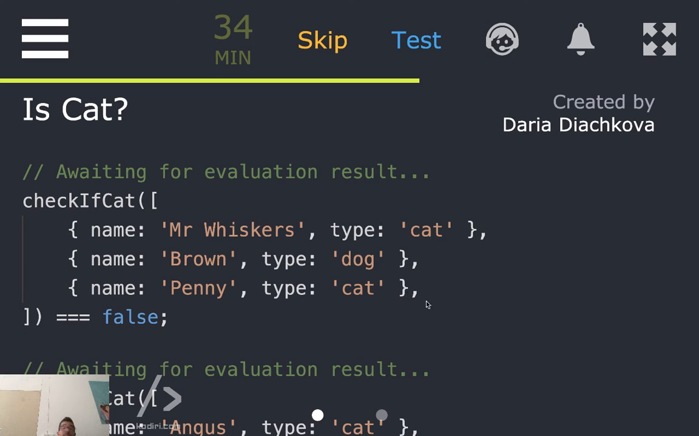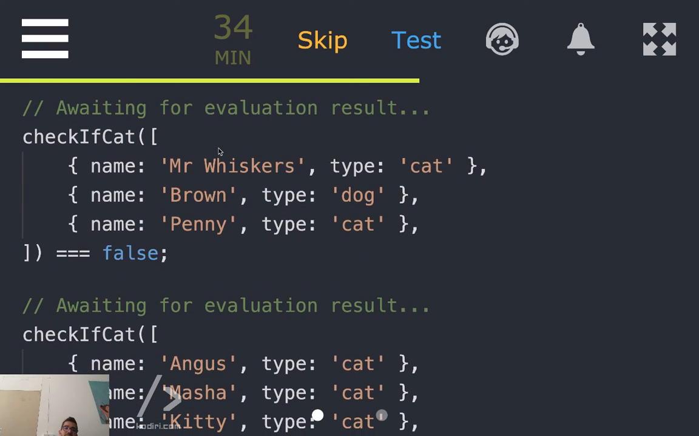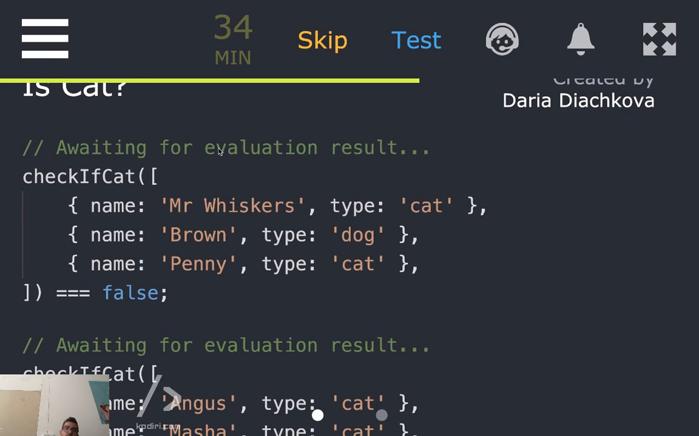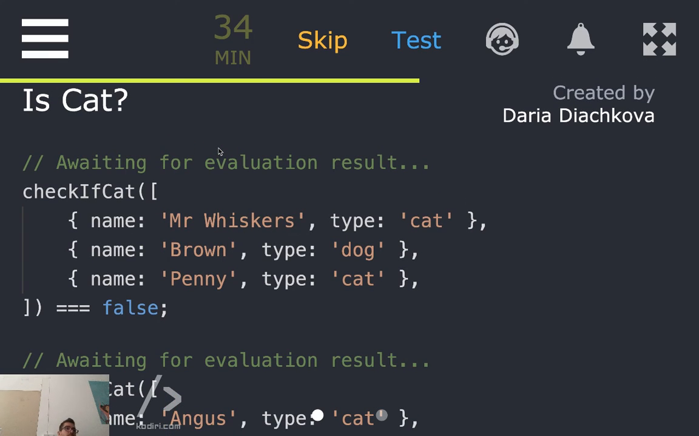Yeah, it's a good question. I love it. So Daria, that's the lady I talked about this morning, she created that question. So is cat. Imagine that we are talking about groups of people. So we want to see if a given list of people all have a cat. No, that's not actually how it works. So we got a list of pets, and we want to see if that list of pets contains just cats or something else. So for instance, on the first use case scenario,